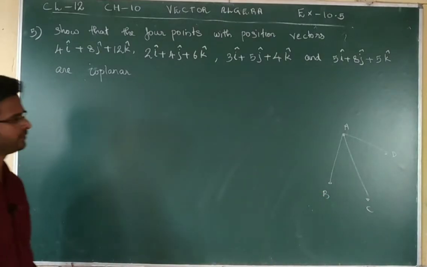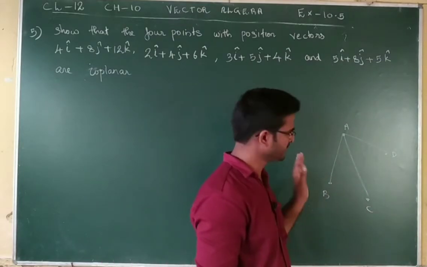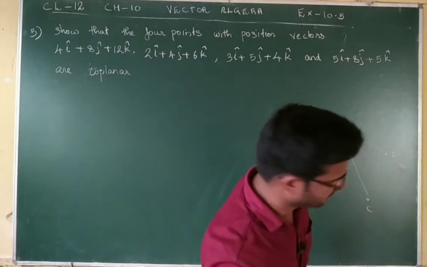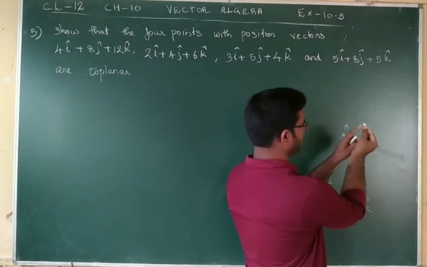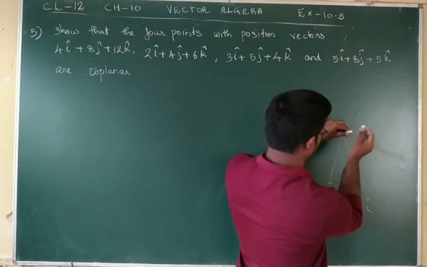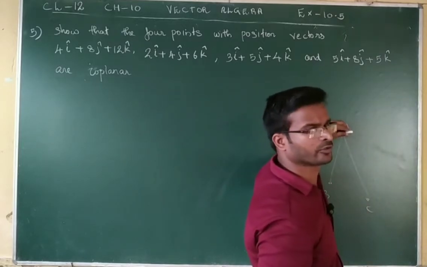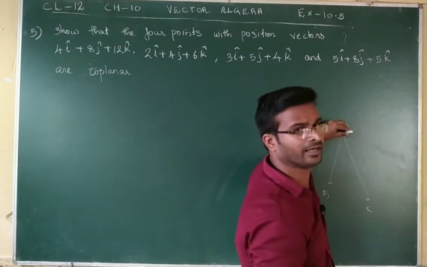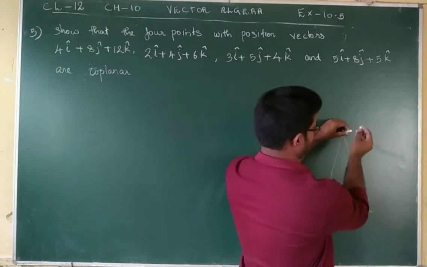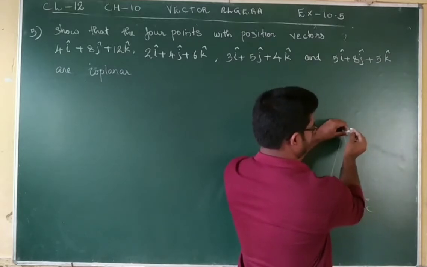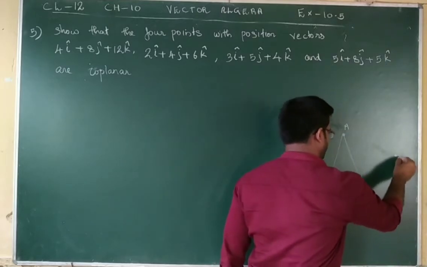Then, maybe you will think points means anyway that will be one plane only. Just consider one point is there, this point D. In here only point D. That time, if you make one vector, this will come outside, isn't it? That time, these 3 vectors are coplanar or not? First vector and second vector are in a plane, but the third vector is going outside, isn't it? That time, this is not coplanar. If you consider the outside, this is not in a plane, isn't it? Like that also you can consider, but I consider just one point in here.